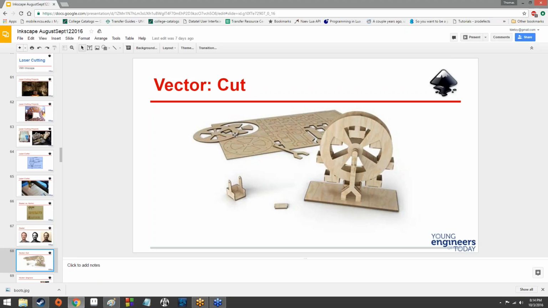Here's some vector, basically some work in Inkscape allowed them to create the template or the pieces to a Ferris wheel. They're able to build that Ferris wheel out of balsa wood just by cutting it out with a laser cutter. And it's a fully working Ferris wheel. You'd be able to spin the Ferris wheel and all the little buckets would hang down thanks to gravity, and